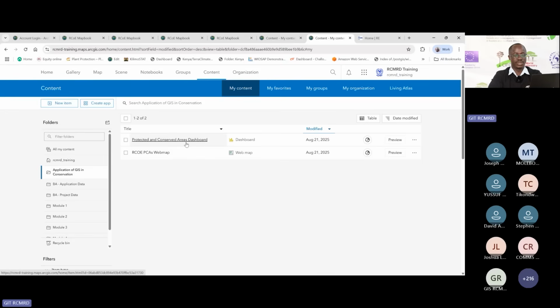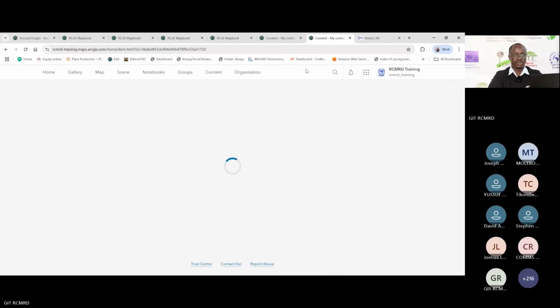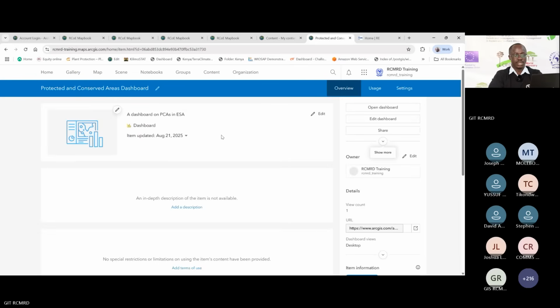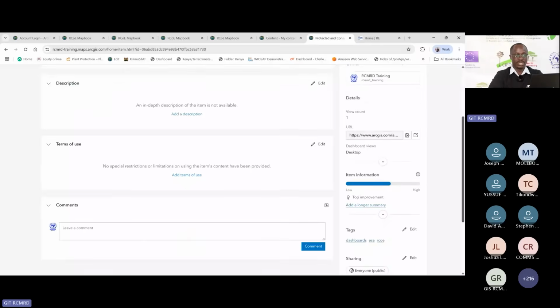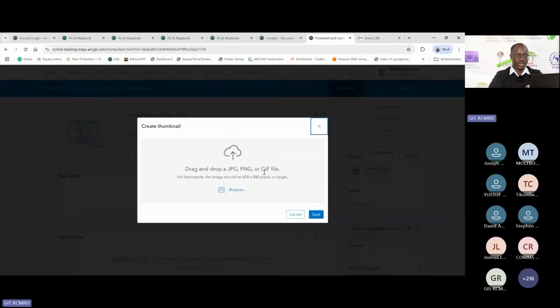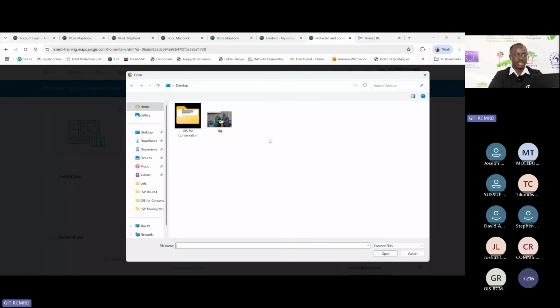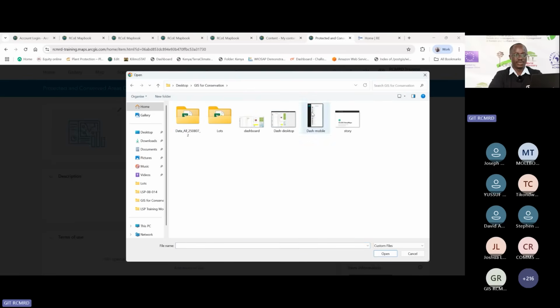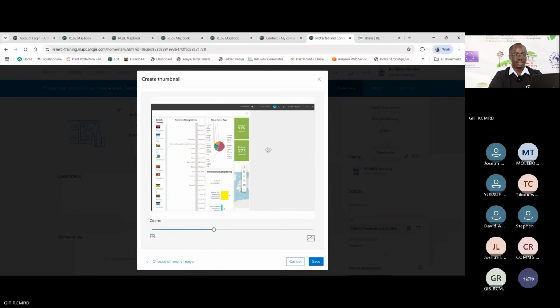Once you're done, you click on the dashboard itself. So you'll have your dashboard displayed here. So for your own benefit or depending on what you're working on, you can be able to customize all this. You can customize the dashboard thumbnail. If you have a thumbnail within your machine or the company logo, you can come and browse here and then be able to put your own logo or a thumbnail that you want to be displayed. So for my case, I'll have to come and select this